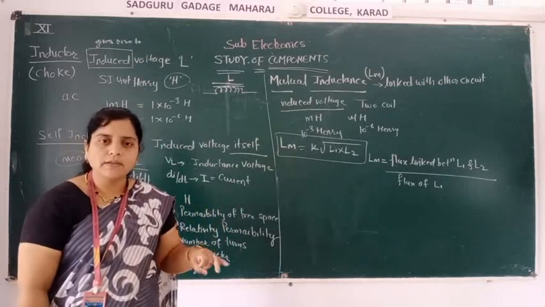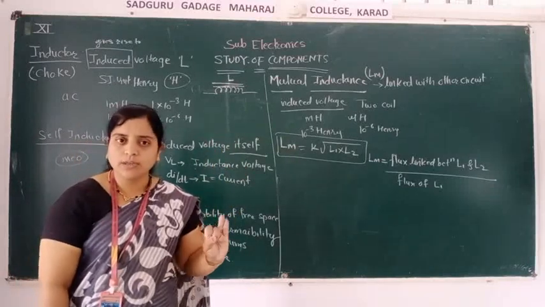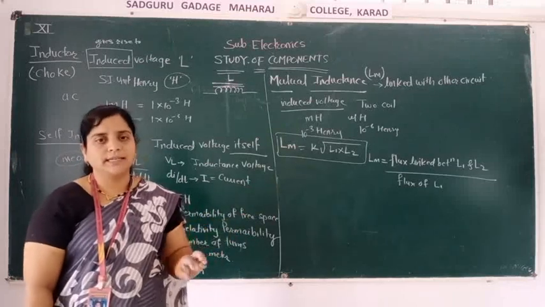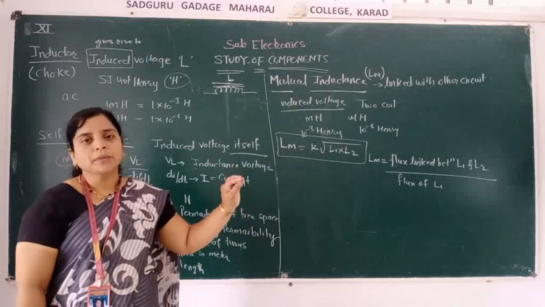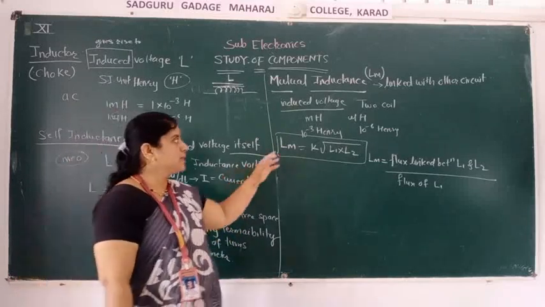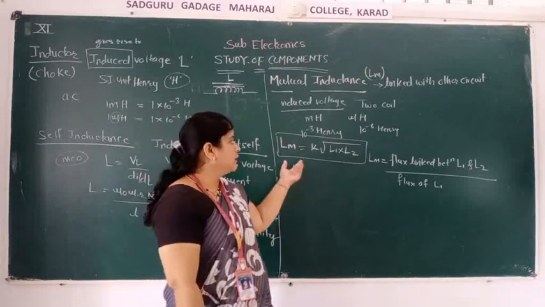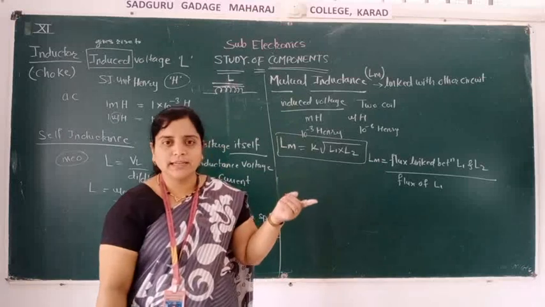In mutual inductance, it does not induce the voltage itself; you have to link it to another circuit, and then the voltage is induced. It is measured in millihenry and microhenry. The formula is Lm is equal to the flux linked between L1 and L2 divided by